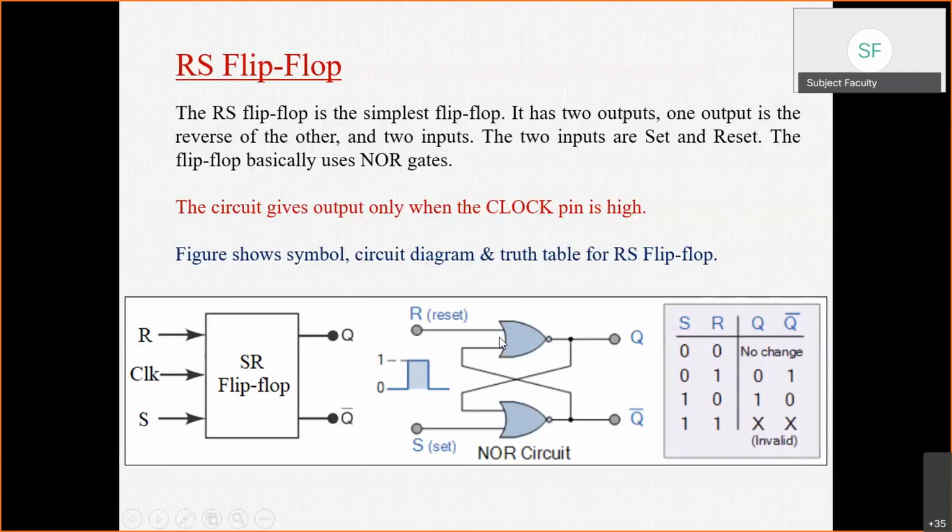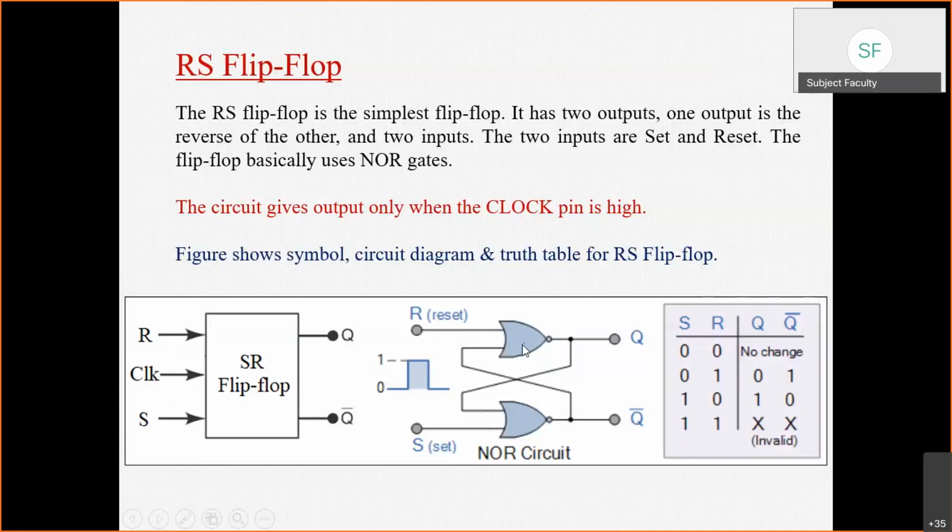Okay. Now we will focus on just two inputs, reset and set, and two outputs, Q and Q bar. And now our task is to verify this truth table. So for that, what was our requirement? Our requirement was you should be able to